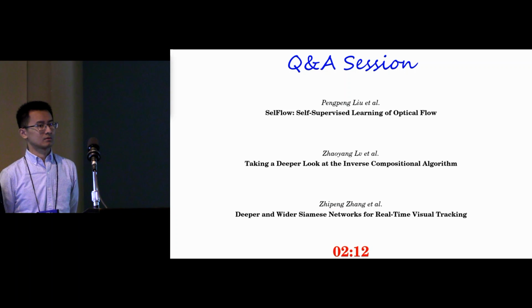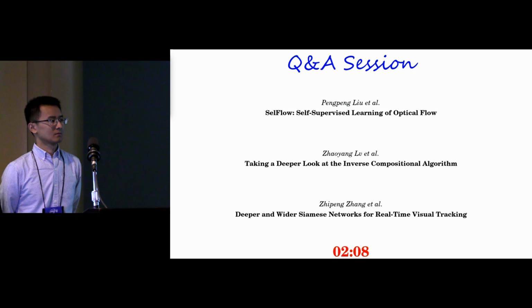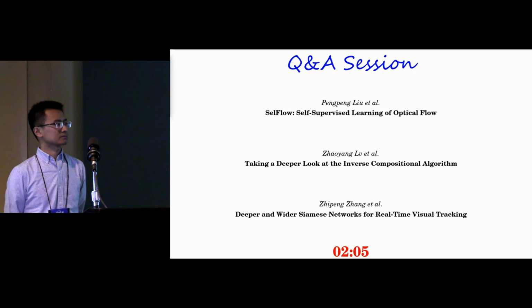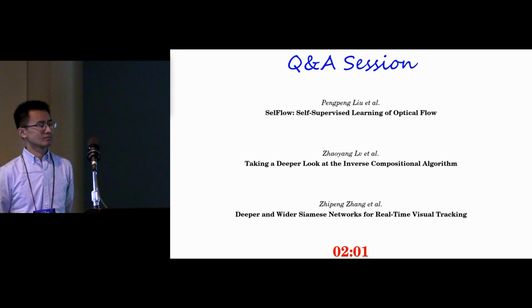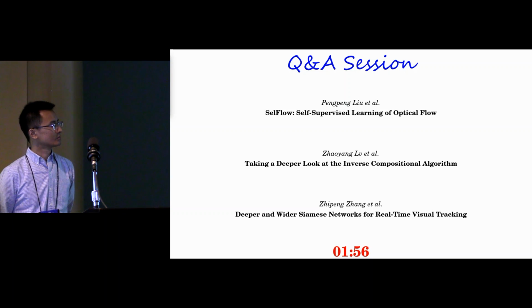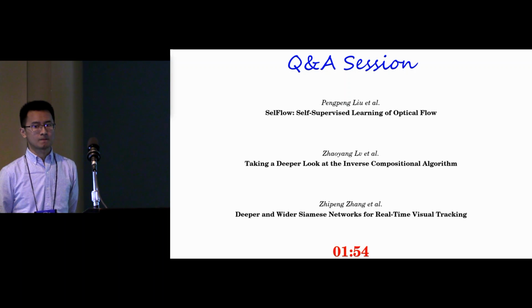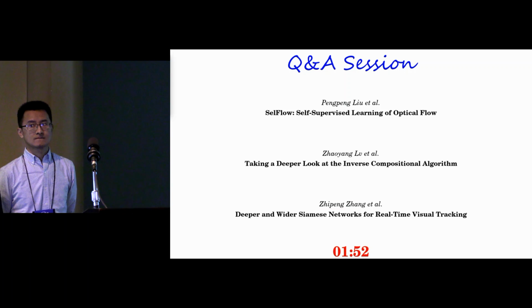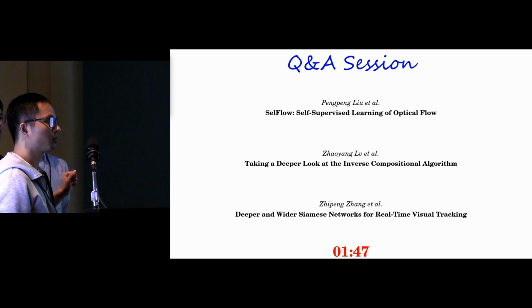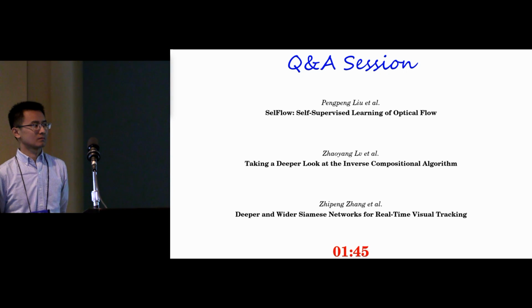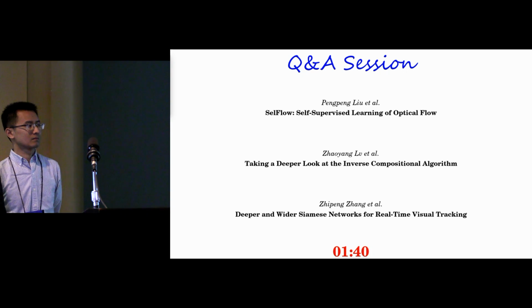With these networks that have millions of parameters, and all 3 of your techniques use deep networks with lots of convolutions and so on, what is the relative amount of computation per pixel? Is it hundreds of operations, thousands of operations per pixel? I just want to get a sense of how much slower these things are if you're counting raw computation. Can I ask, is it to a specific paper? Well, all of you, because all of you are using networks. So for your paper, how many floating point operations per pixel do you think you're using?